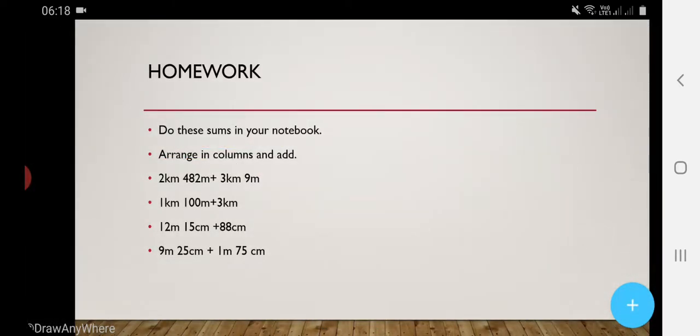Do this as homework. Now, what have we learned today? First, we have learned about the task, that is, you have to do an activity. What is the activity? The measurement of the heights of the members of your family. Then you have to find who is the tallest member, who is the shortest member, and what is the difference between their heights. Second, we have discussed the previous day's answer.